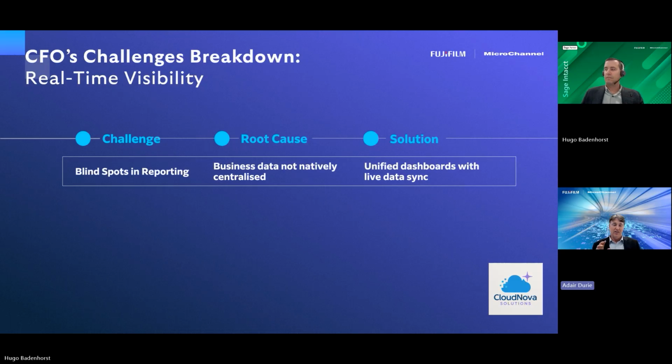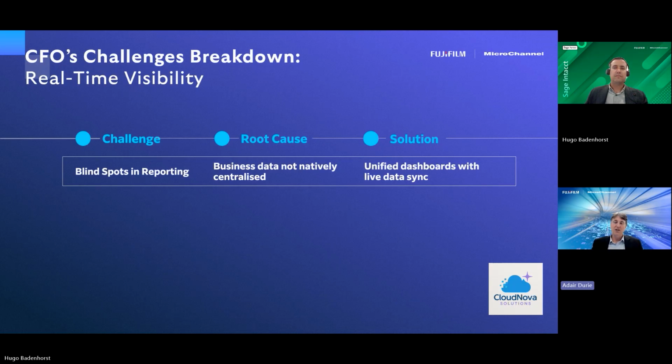They're not seeing their full business operations, and they can't make those strategic decisions, but also some of their operational teams, like their sales teams and their customer service teams, have what we call blind spots in reporting. And the number one cause of that is that all their business data is not natively centralized. It's all coming from different sources, and therefore, no matter what reporting tool you're using, you're not able to see that data. As well as not being able to see the right data, they don't have the right formats for the roles and the reports and the dashboards that you need for a role.